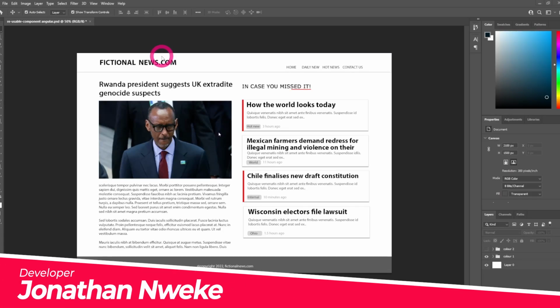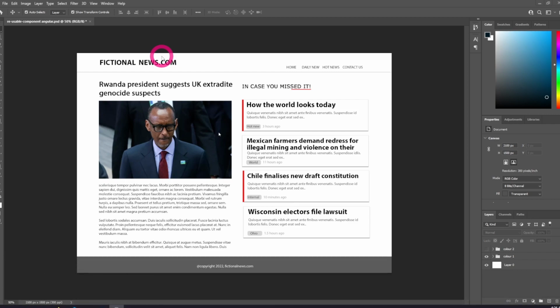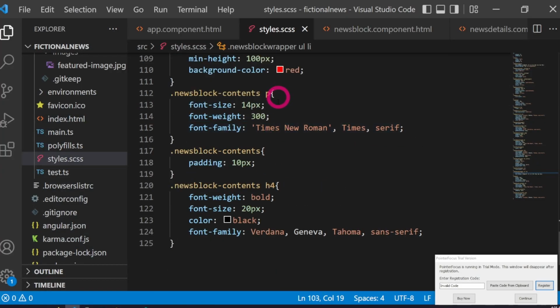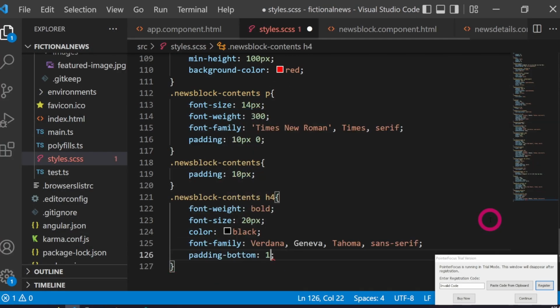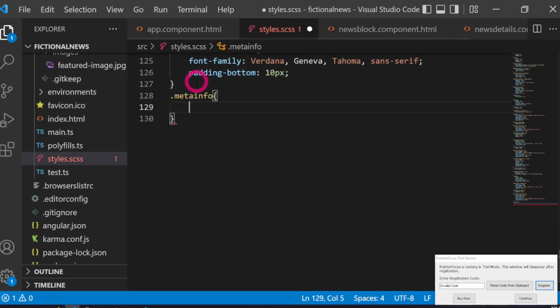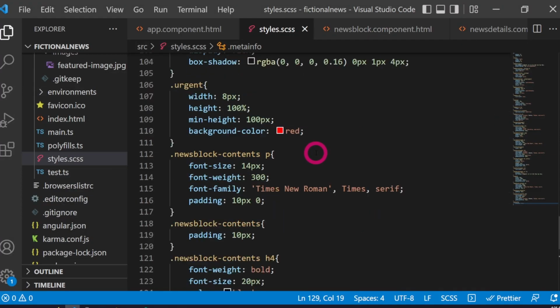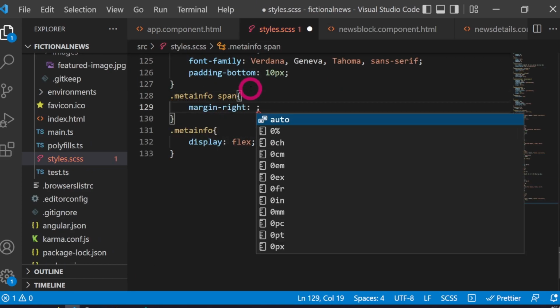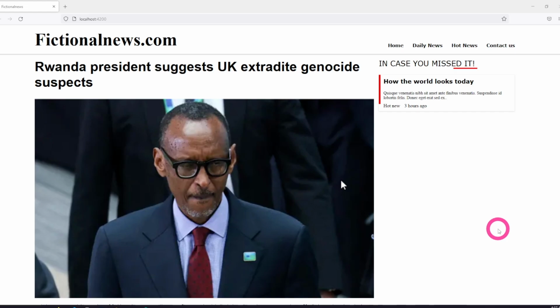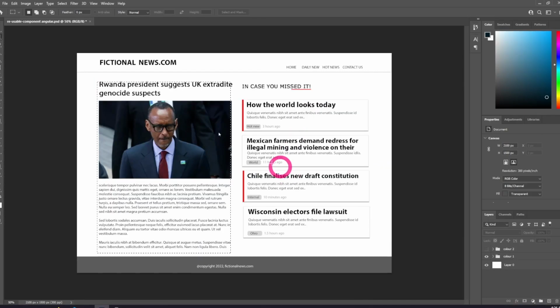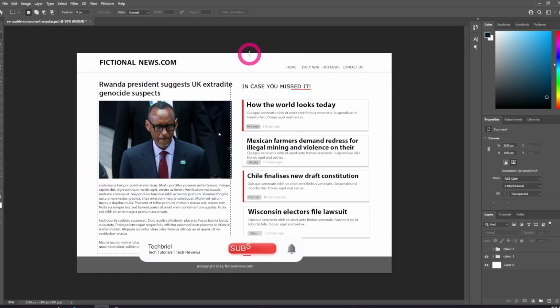Today I'm going to be showing you how you can translate a UI design to an Angular component. I'm going to translate this. We're going to have a header section. We're going to have these news blocks with this urgent or hot news or something like that. And there's this singular content. So all of this, at the end of this tutorial, will be components on their own, and then we're going to have a page that puts all of them together.